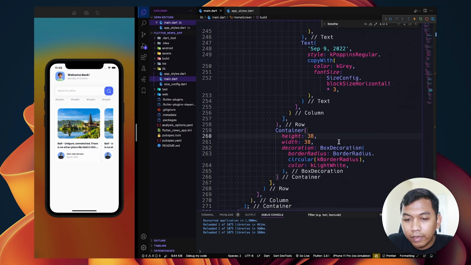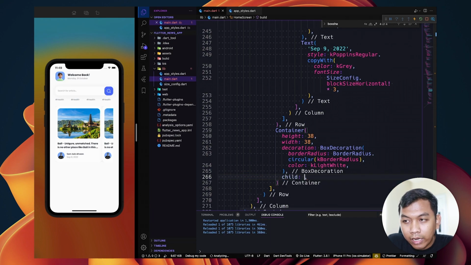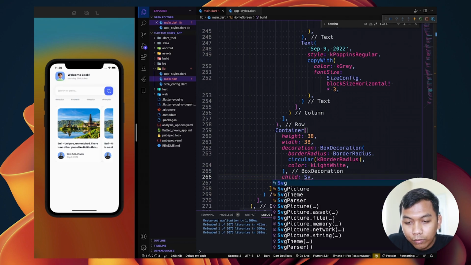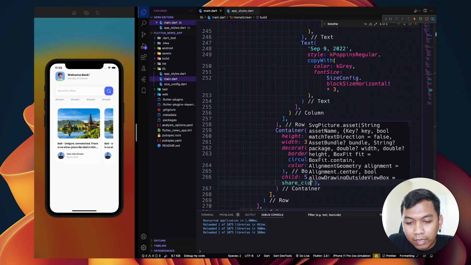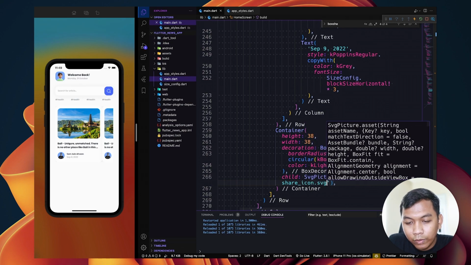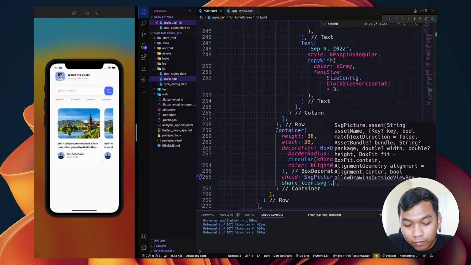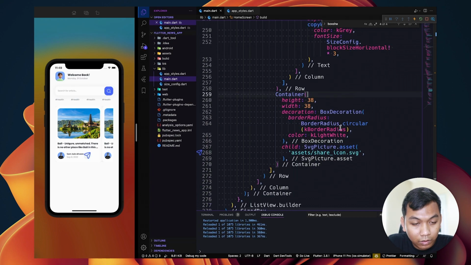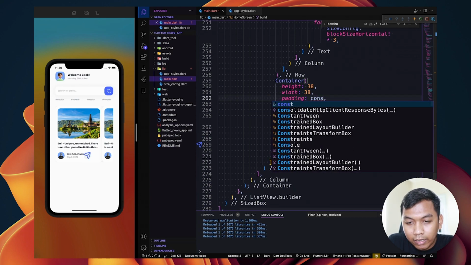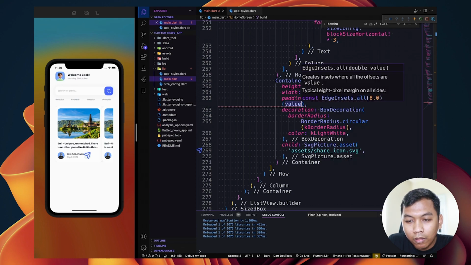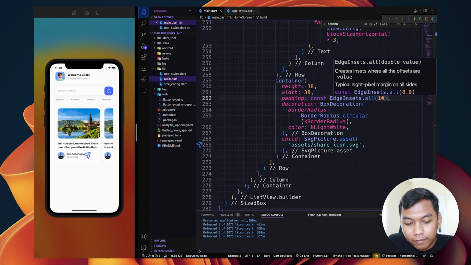Alright, and we need to set the child to be an SVG asset, and it will be share icon .svg, and we need to give padding here and set it to be all 10.